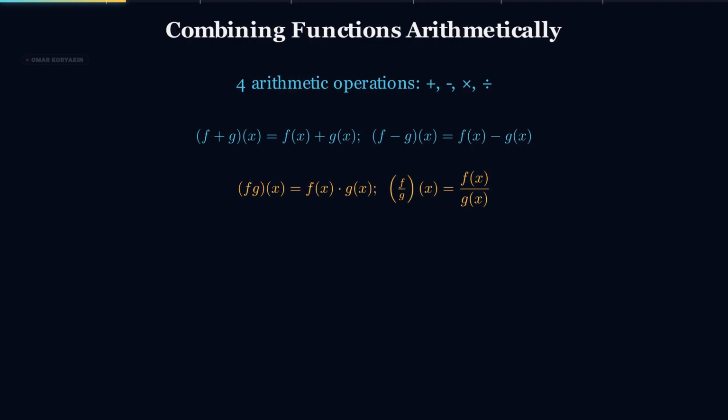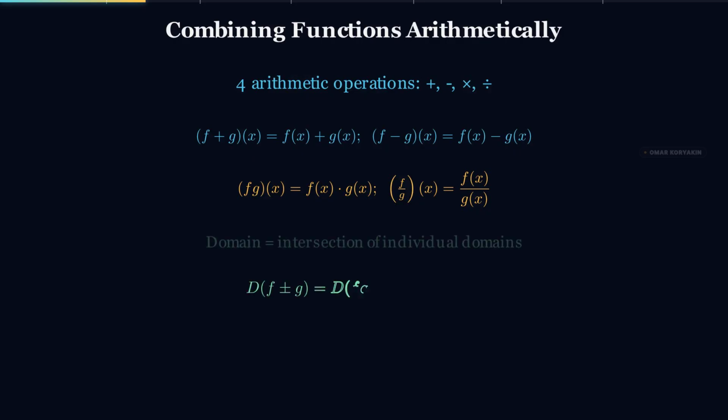Here is the domain rule. The domain of any combined function is the intersection of the individual domains of f and g, the set of x values for which both f and g produce valid outputs. For addition, subtraction, and multiplication, this intersection is the complete domain of the combined function. For division, the combined domain additionally excludes any x value where g of x equals 0 because division by 0